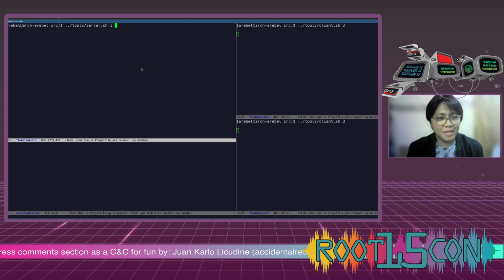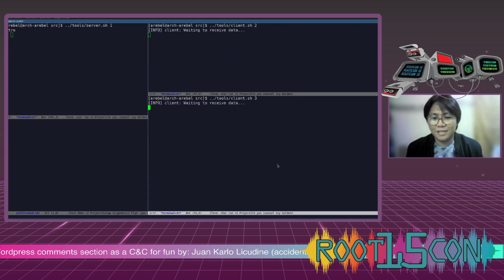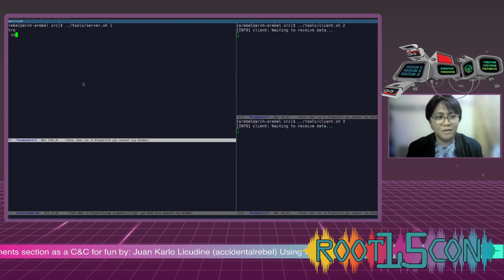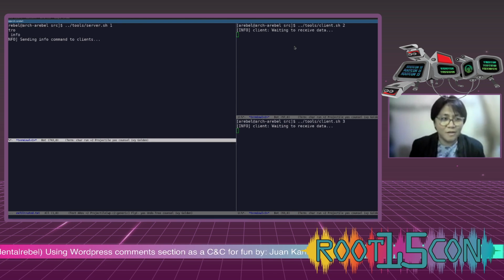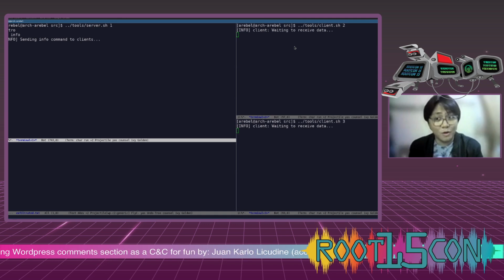So let me make it verbose on this. Let's run it. The server will run, waiting for a command from me. I'll run the client as well and the second client as well. And if I type info, it will send an info command to the clients. And then the clients would wait for the next time window. And at the same time, they will be posting